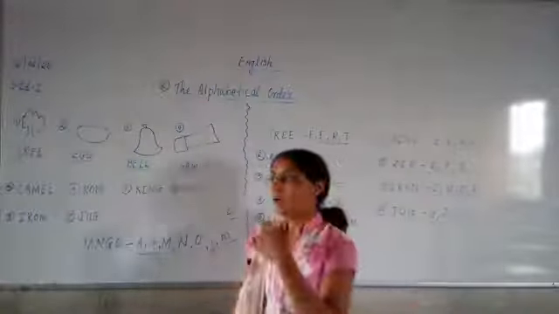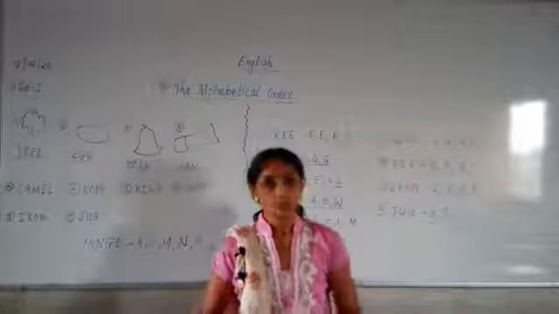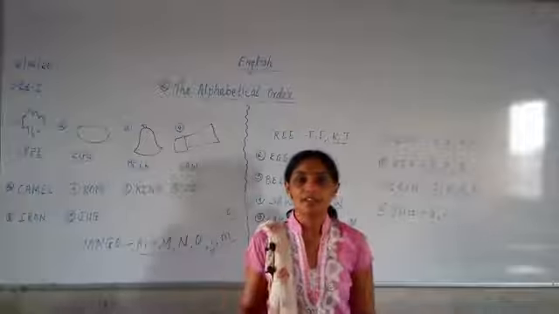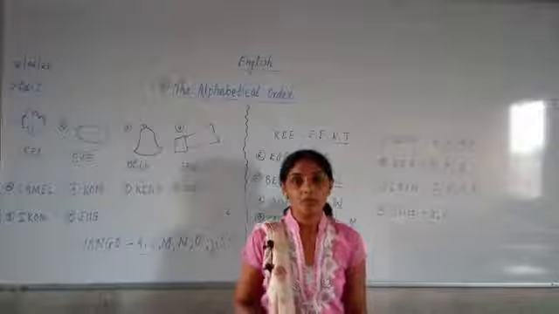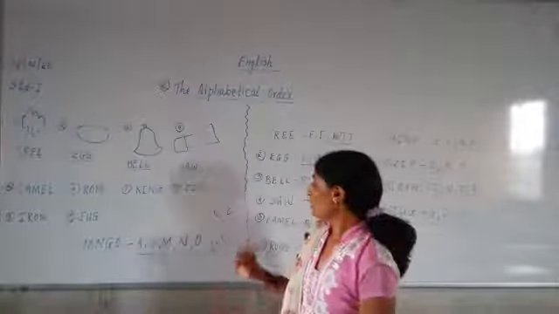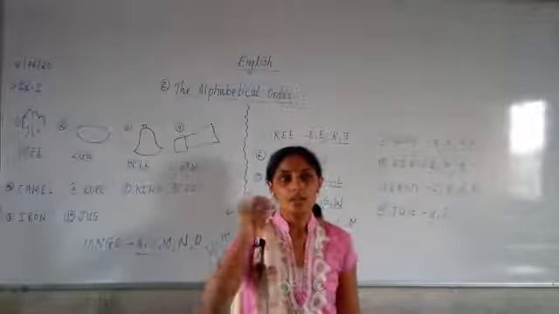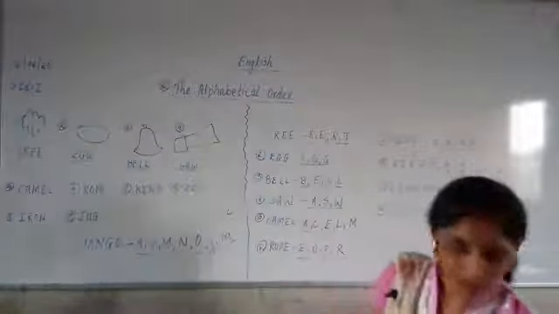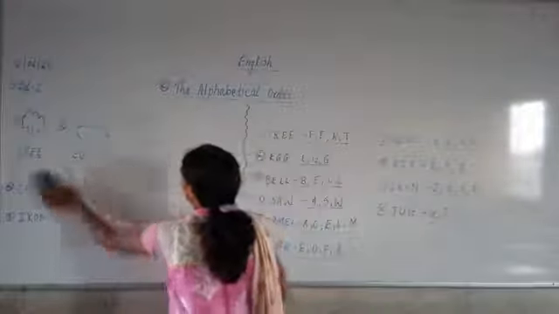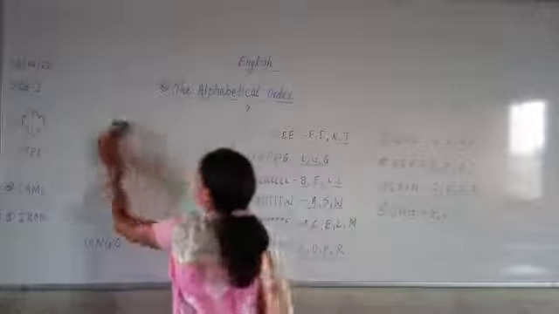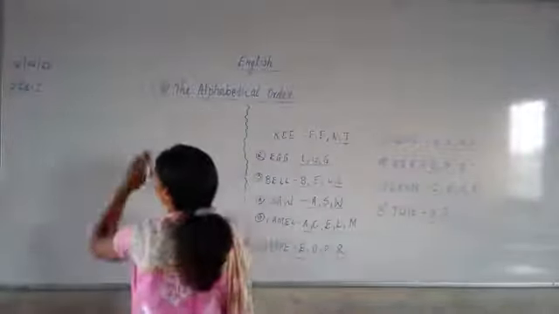After that we studied how these letters are written in alphabetical order. Correct? These all things we have studied in first chapter and second chapter of English grammar. Have you understood? So then what you are going to do? You are going to take any 5 names. What you will do? You will take any 5 names. For example, now itself I will give you 5 names. Or 5 spellings you can say, or names of fruits. If I give you 5 words, you should be able to write down those 5 words in alphabetical order.